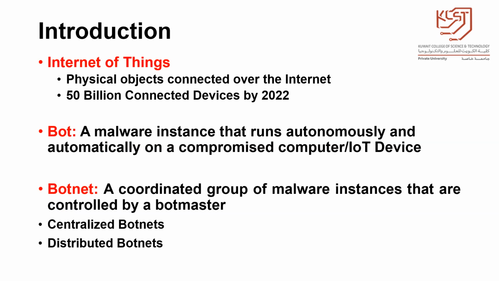So I would like to introduce what actually the Internet of Things is. As you know, if there is a physical object connected to the internet, we call that the Internet of Things, because the thing is available on the internet, and somebody can access that thing with the help of internet connectivity. According to one of the recent studies done by Juniper Research, a leading firm in the world producing different networking devices, around 50 billion devices will be connected by the end of 2022. And we are somewhere near to those connected devices.